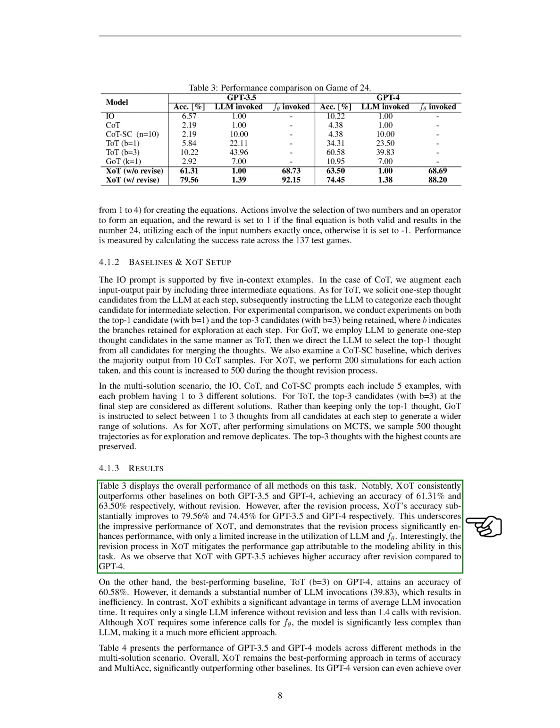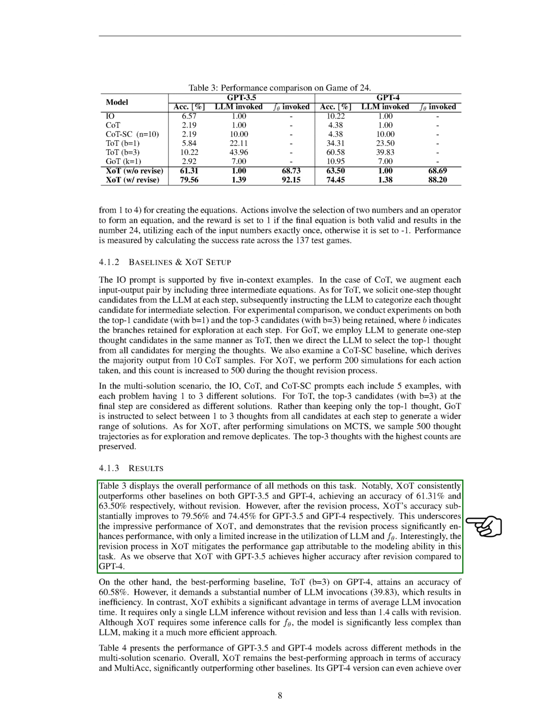Section. Results. The results section of the paper presents a comparison of the performance of various methods on a given task. The standout performer is XOT, which consistently outperforms other methods on both GPT 3.5 and GPT 4 models. Without any revisions, XOT achieves an accuracy of 61.31% and 63.50% on GPT 3.5 and GPT 4 respectively. However, when revisions are made, the accuracy of XOT improves significantly to 79.56% and 74.45% on GPT 3.5 and GPT 4 respectively. This highlights the effectiveness of XOT and shows that the revision process greatly enhances performance, with only a